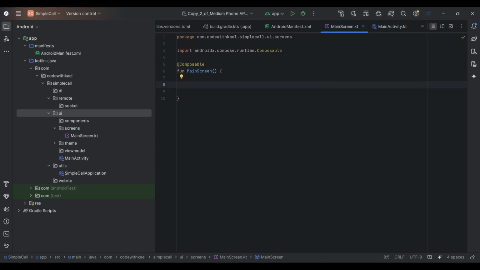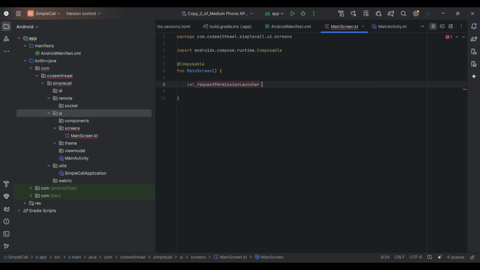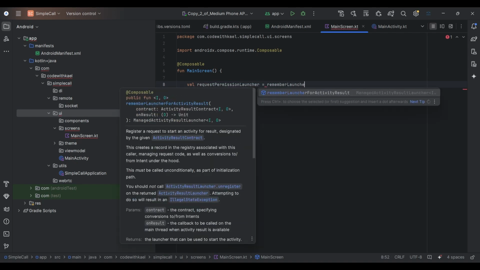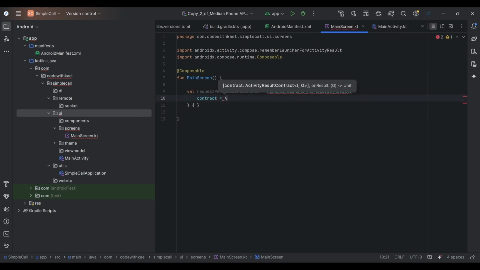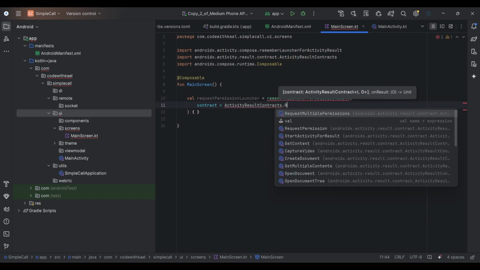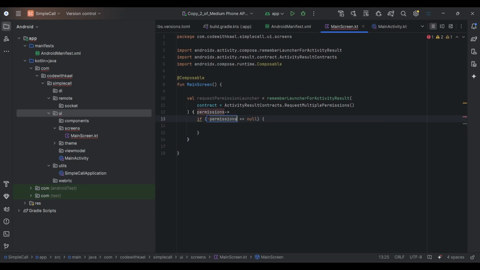Now, the first thing to do, we have to handle granting the permission from the user. To do that, let's create a request permission launcher, which is going to be remember launcher for activity result. And the contract is going to be ActivityResultContracts.RequestMultiplePermissions. Add the parentheses to it. And here we will receive the permissions array, and we check if not all the permissions are true,